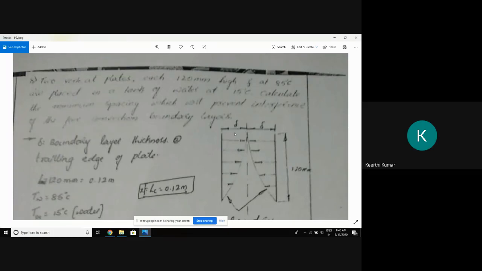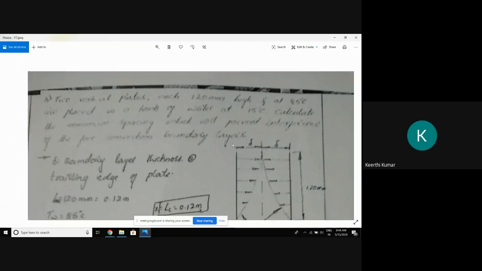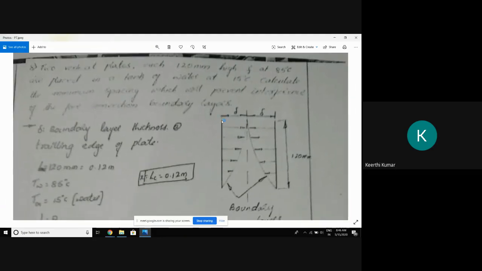See here. Can you see the figure here at the bottom figure? If you concentrate only on one plate, let us concentrate on any one plate, either this or this. If the water is flowing, then what will happen? The boundary layer will create, correct? Instead of keeping a horizontal plate, the plate is kept vertical now. If the water is flowing from bottom to top, then what will happen? Forget about the second plate. You concentrate only on the one plate. The boundary layer will create, correct? This is called the boundary layer.